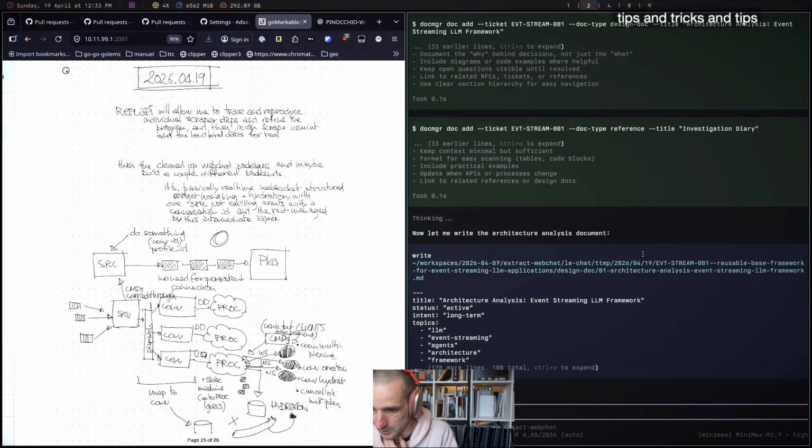And so Doc Manager is a tool of mine that allows you to create what I call tickets, which really are directories within the code base where LLMs will store all of their documents. So we'll see where that goes, and having this ticket directory just allows me to contain the slop and give it some very clear structure.